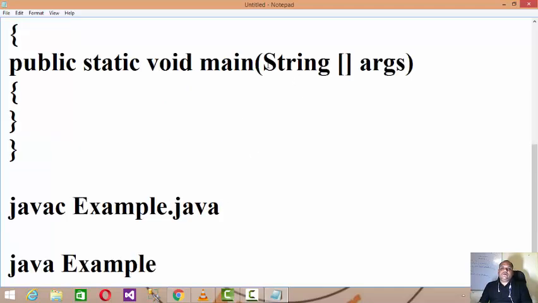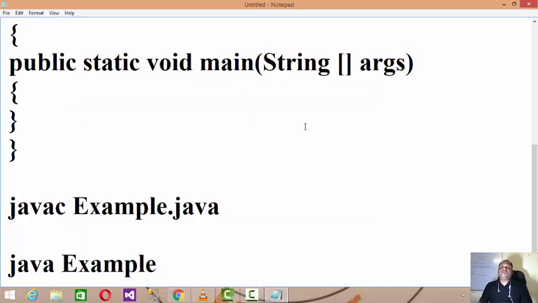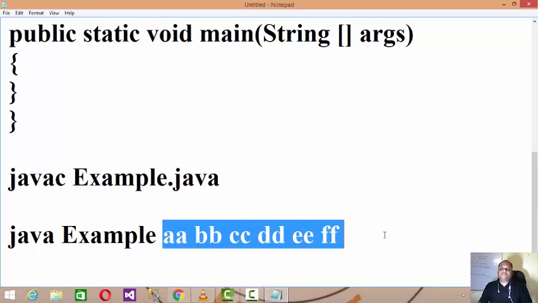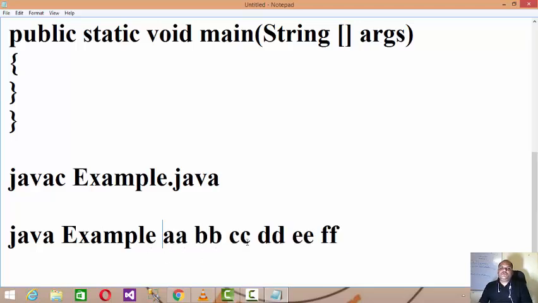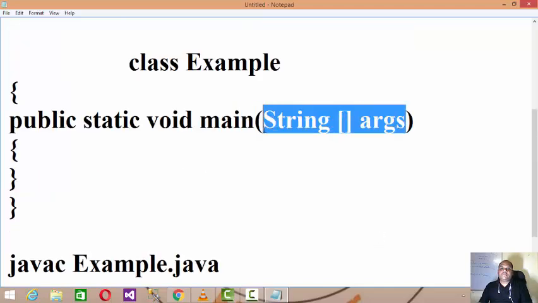Now this array of string you can use for input. Let us understand, if I make an input AA BB CC DD EE FF as data, then this input will be assigned to this array of string.